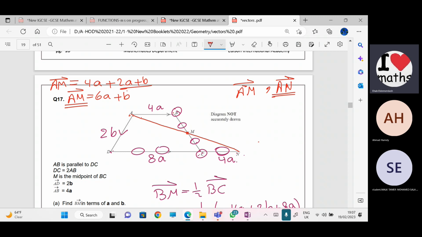Let's go to find out AN. يلا انا عايز حد يطلع لي الاي ان يا عيال والنبي الله يبارك لكم. انا عايز اطلع الاي ان يا حبايبي. ها عايز اروح من عند الاي لغايه الان. هعمل ايه؟ 2B plus 12A. صح كده؟ اللي هم 2B اهو وبعد كده معاك 12A. طيب